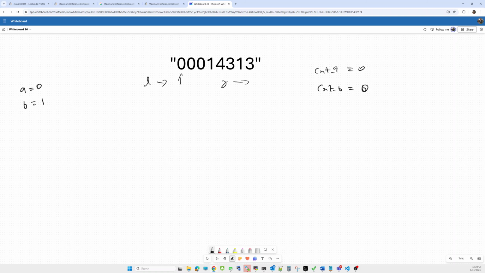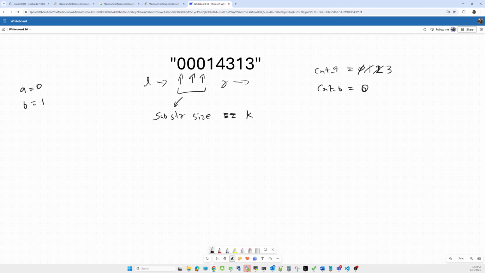What will be the value here? It is 0, so it will become 1. Here it is 0, so the frequency will also become 1. Oh sorry, from 1 it will be 0. Now here what will be the value? Oh sorry, from 2 it will become 3. Now as we move till here, the substring size will become equivalent to k. Okay, so we have to update the result.